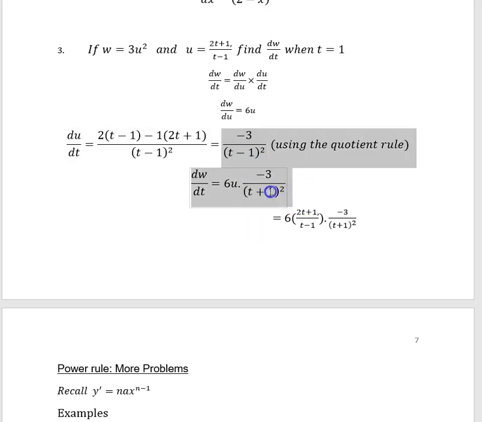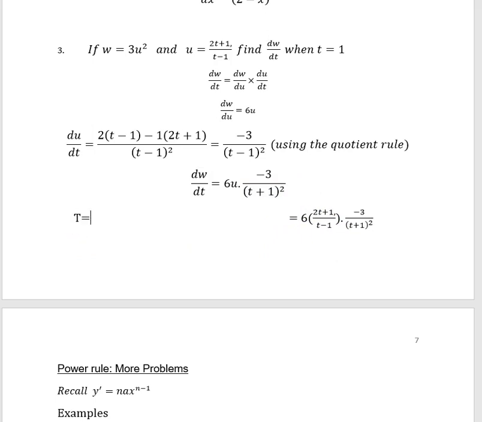So your dw/dt will be that. Don't forget, always make sure you represent your u back in the variable it is with respect to, which is t. So you substitute for u, which is 2t plus 1 over t minus 1. At this function, you can now replace t with 1. All the t values will be equal to 1. So if I substitute t as 1 there, I should have